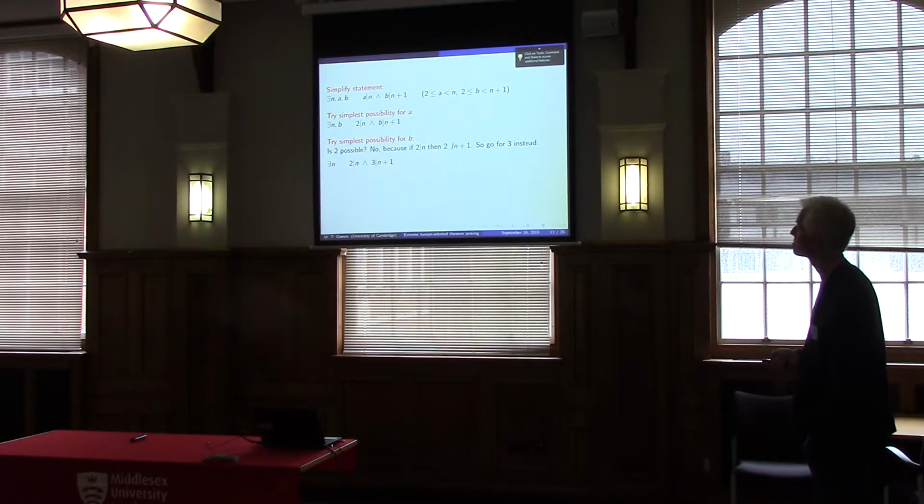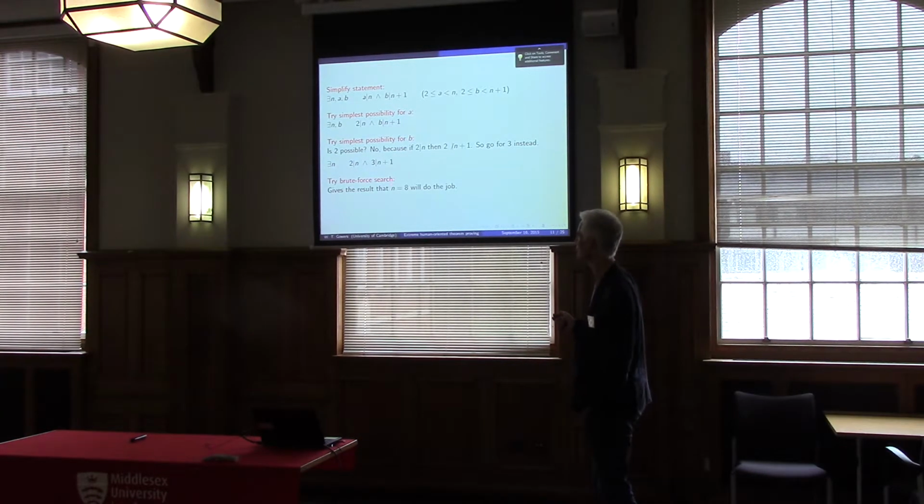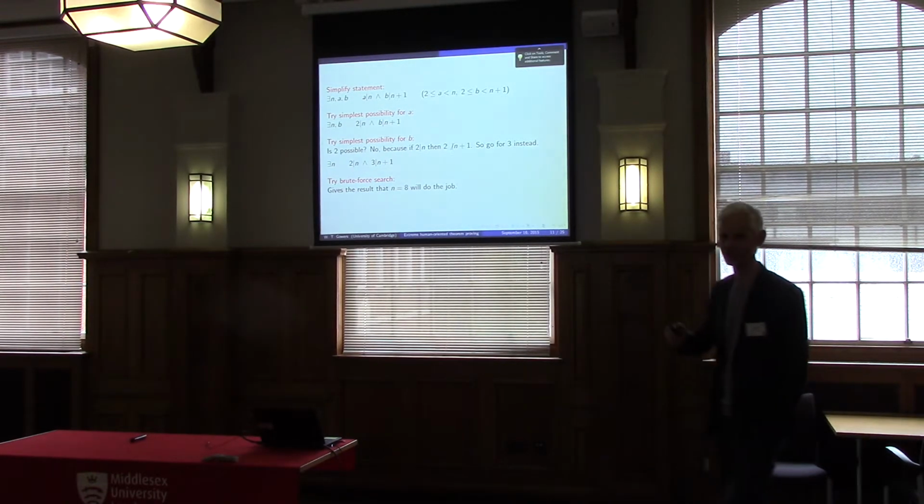But let's just see what happens. Because we've now done something, we've made the problem more specific. So we only needed to find A and B. Now we've got down to some actual triangles instead of A and B. And a brief check, we find that the smallest n, such that 2 goes into n and 3 goes into n plus 1, well, the smallest one is 2. We're not allowed that because n's got to be bigger than 2, so the next one is